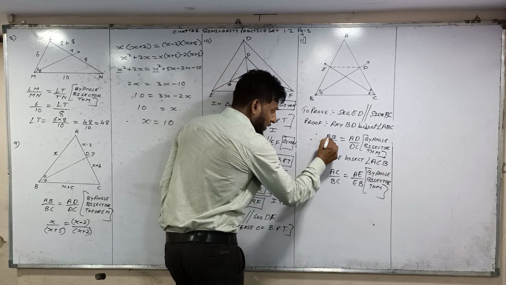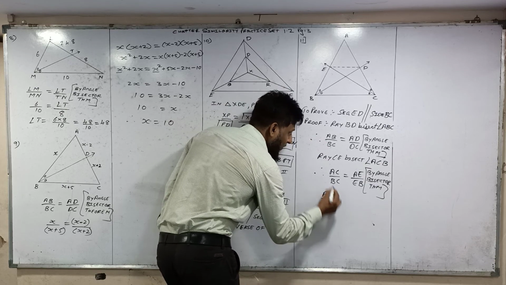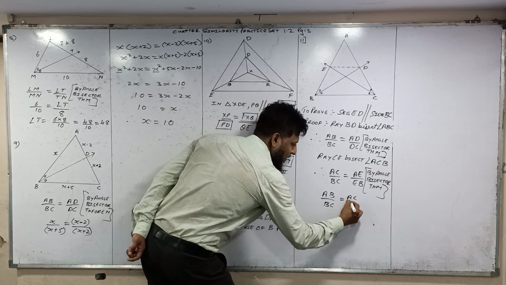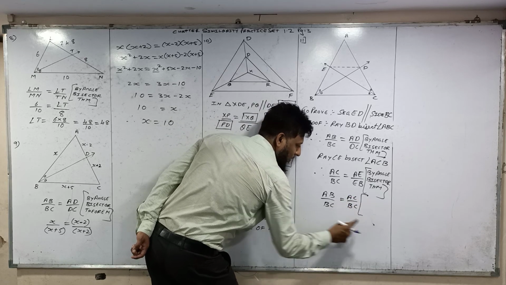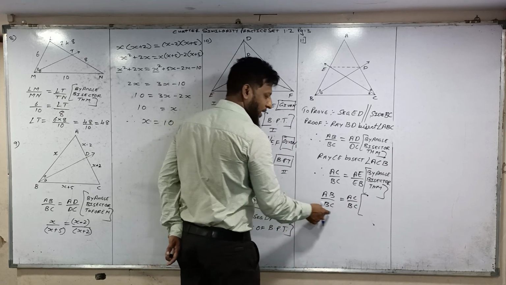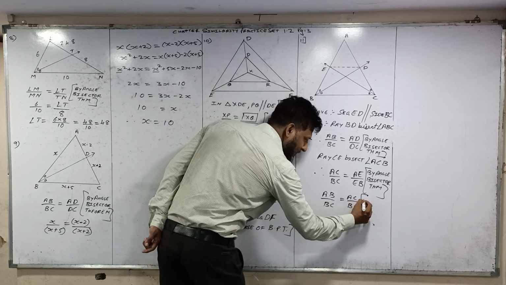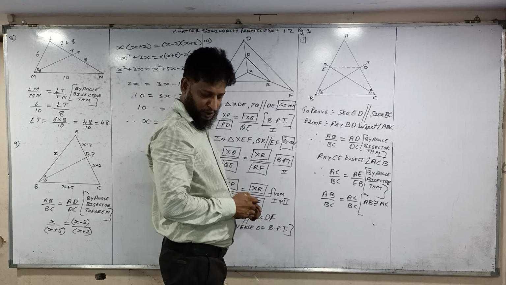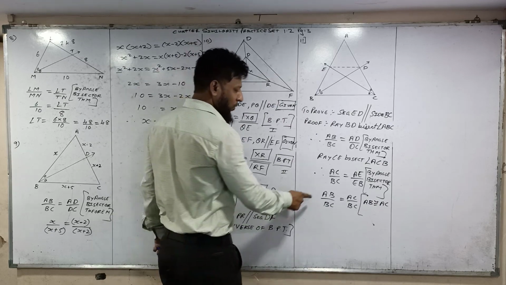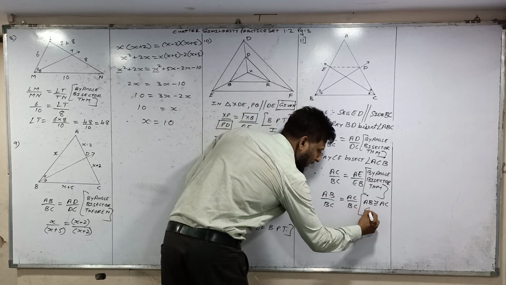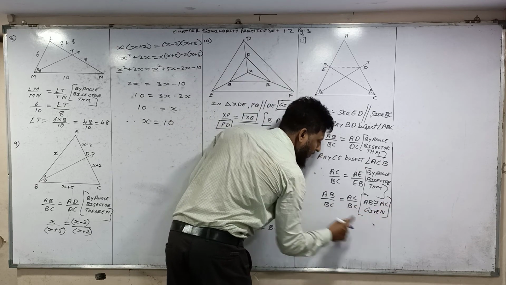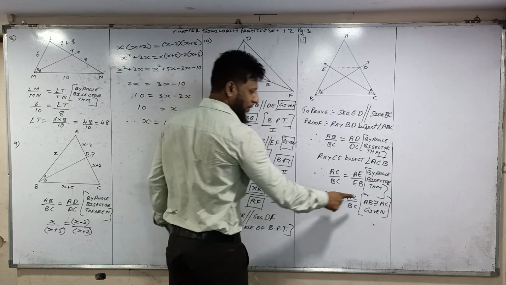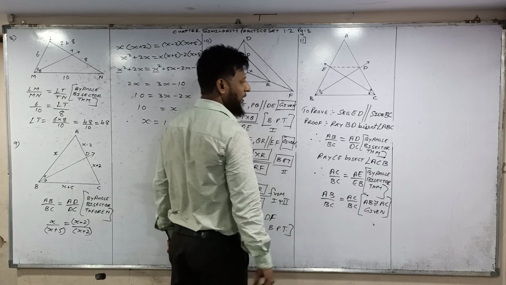So now you can see this AB upon BC, and you can write AC upon BC. BC is equal to BC, the same segment is always equal. And in your question, segment AB is congruent to segment AC, given. If the segments are congruent, then they are equal. Therefore AB equal to AC.